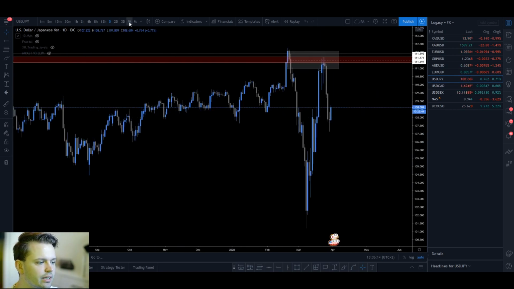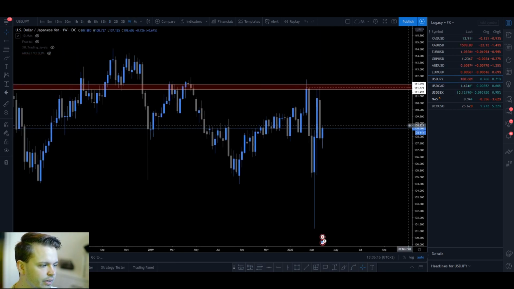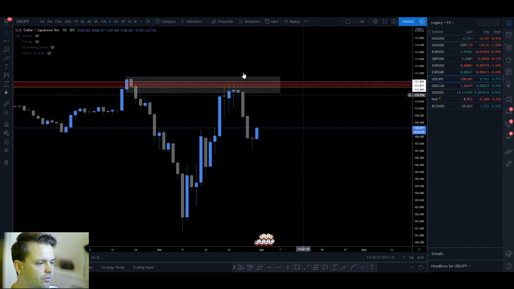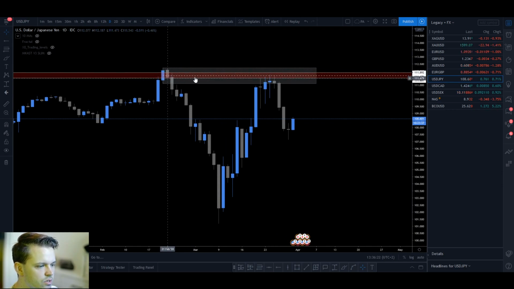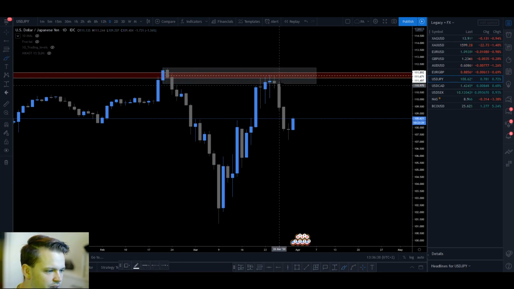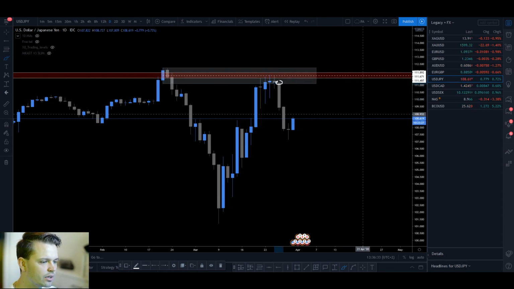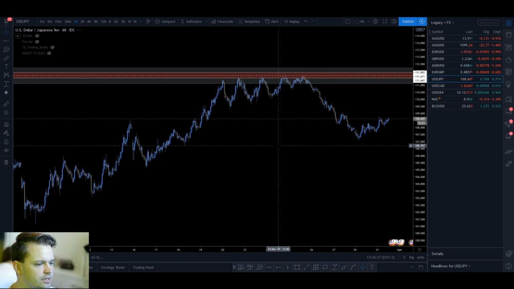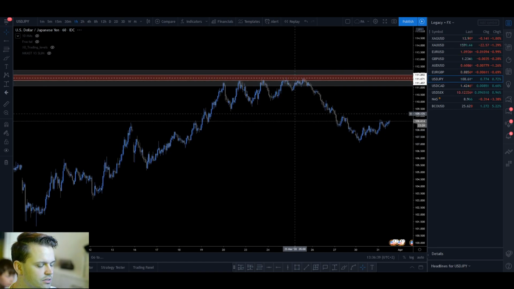So we had a very clear reaction of this bearish order block up here. Perfect. Shorting that one blindly wouldn't have been a very bad idea, but what I'm seeing right now is an interesting candle here, right? So let's go down to the 1 hour. Let's see. Yeah, so